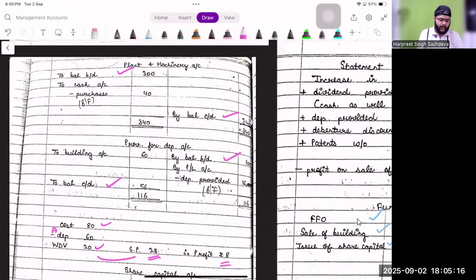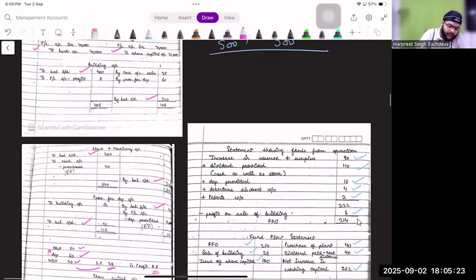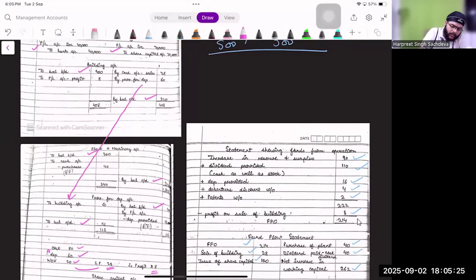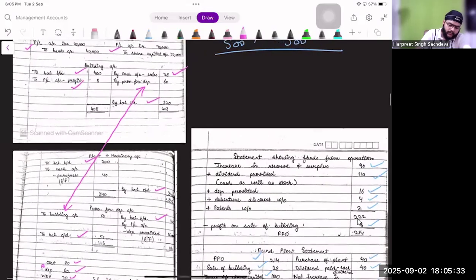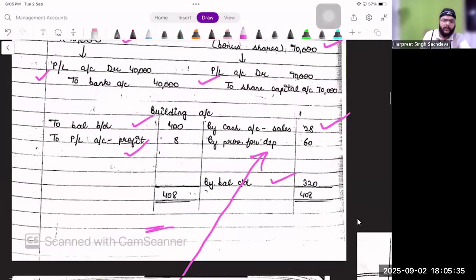ठीक है राजा, so building clear हो गई। 60 is the accumulated depreciation, see raja, and it will be with the building account now। तो सानू समझ आ गया दोस्त किदा सी, बिल्डिंग दा। ठीक है, sale was 28, profit was 8 and the building account matched।